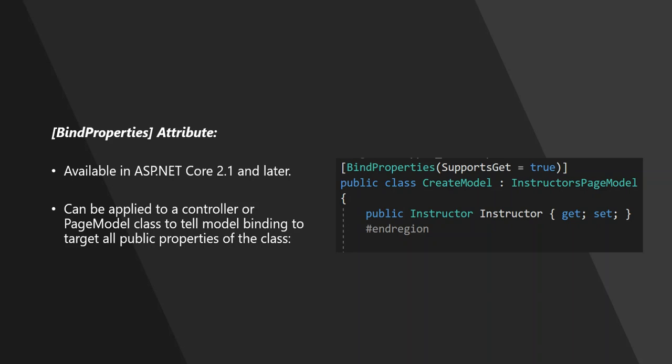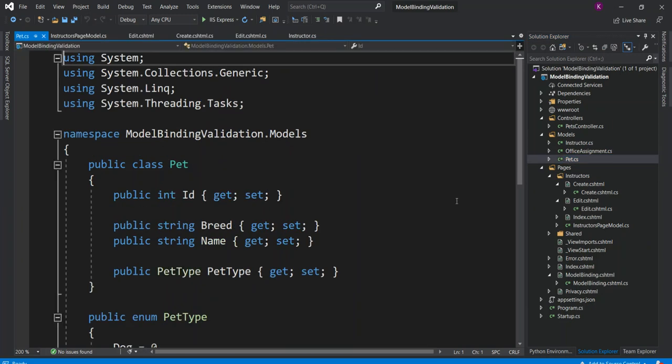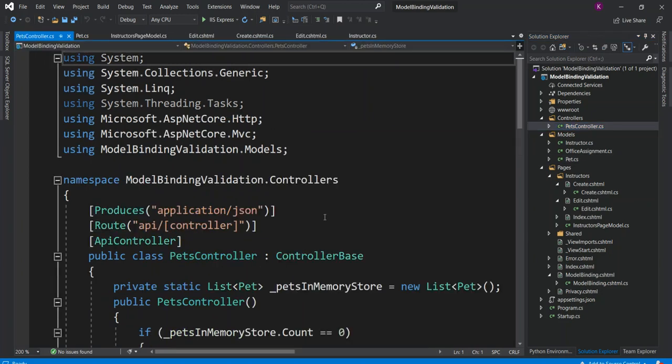So let's switch over to Visual Studio now. I have come back to the Visual Studio solution, which I explained a couple of lectures ago, where I talked about the Pet.cs class and showed with a Pets controller, by browsing to a particular URL, how the model binding works.